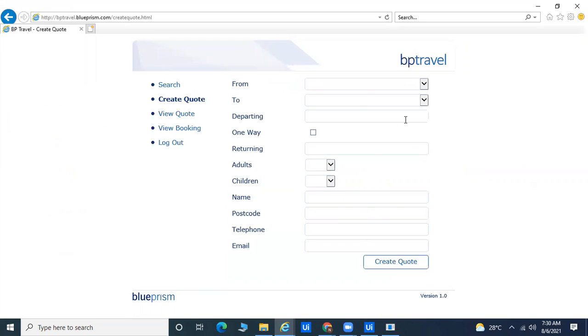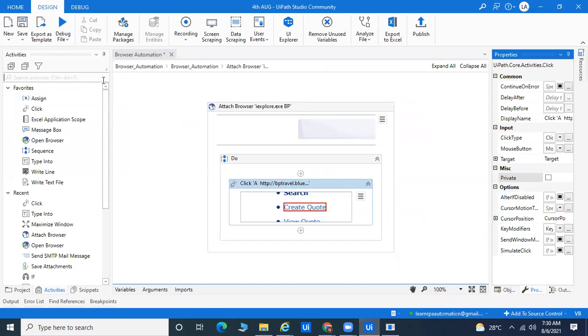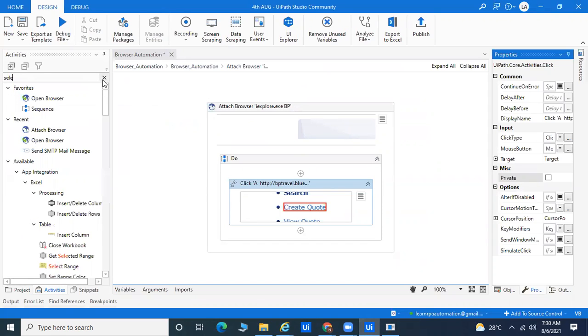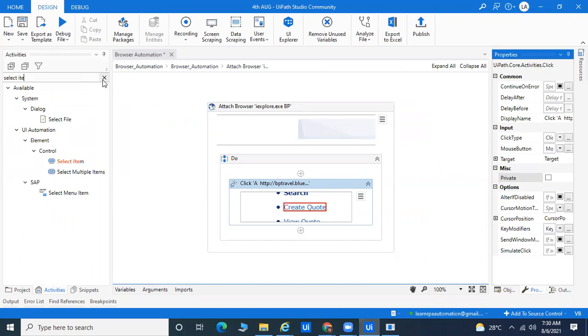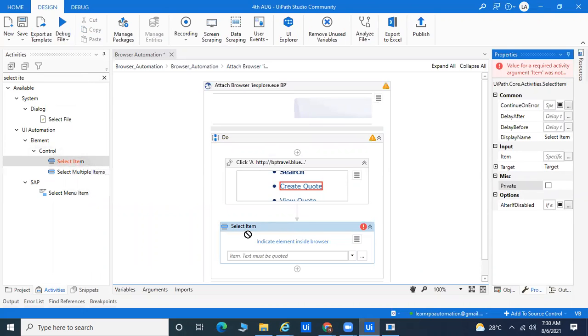The form has a drop down, you know that. A drop down we can automate through the select item activity in UiPath. So you can take the select item activity and you're able to automate. So directly also you're able to run.